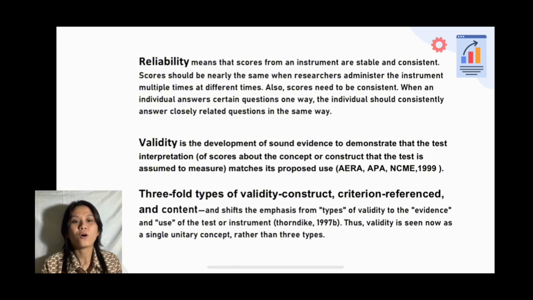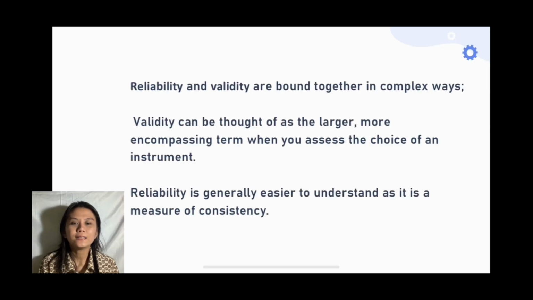Validity encompasses various types of evidence such as content, criterion, and construct validity, all contributing to the overall validity of the instrument. Selecting an instrument with reliable and valid individual scores is crucial for meaningful and accurate assessment. Reliability and validity are interconnected concepts in assessing the choice of an instrument. While reliability focuses on consistency, validity encompasses the accuracy of the instrument's scores for their intended